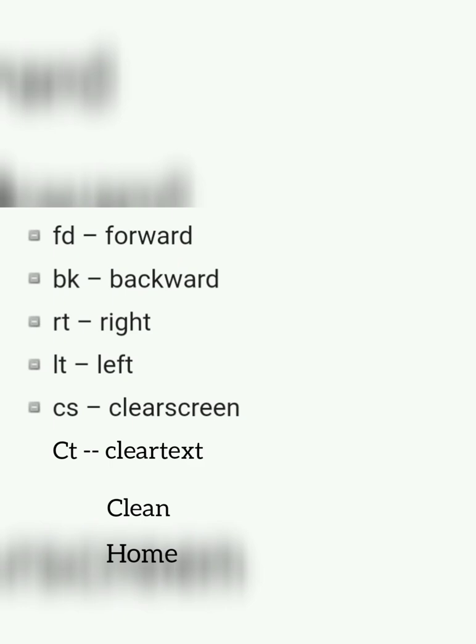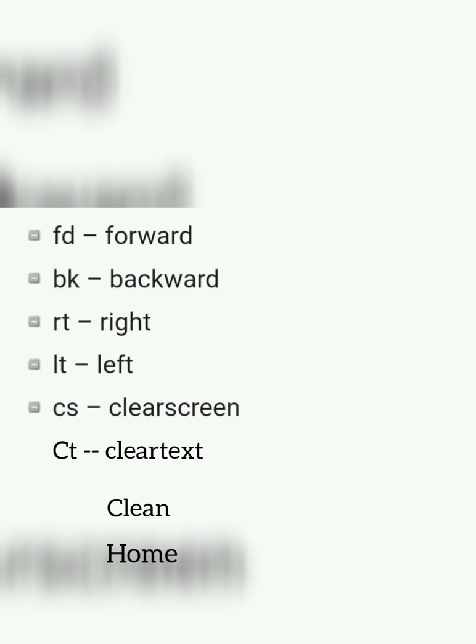This command moves the turtle in the forward direction. BK, backward. This command moves the turtle in the backward direction. RT, right. This command turns the head of the turtle to the right side. LT, left. This command turns the head of the turtle to the left side.